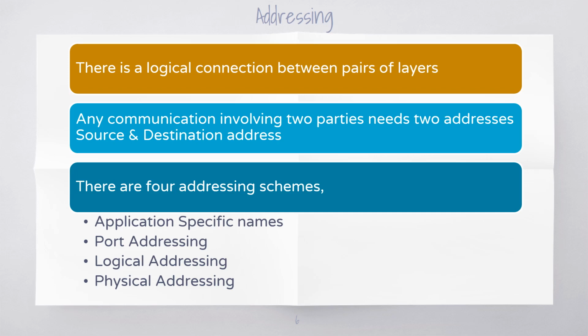Likewise, we may have a different port number for FTP. So any data that has the port address of a specific port number will help the destination system identify to which application the data unit has to be sent. Then we have the logical address, also called the IP address, which is present at the network layer and typically gives the identity of a person inside a network.